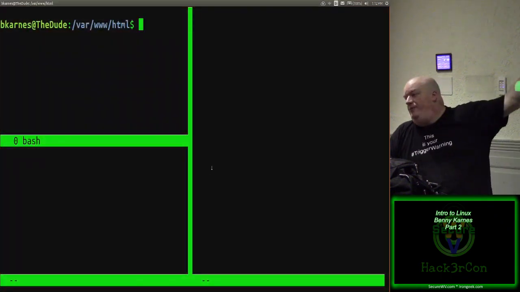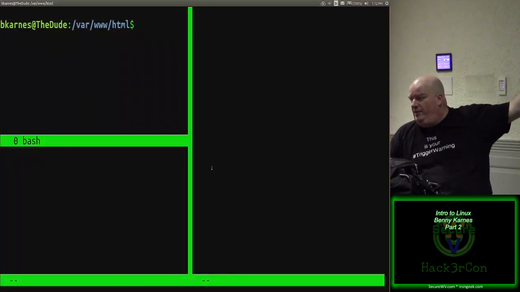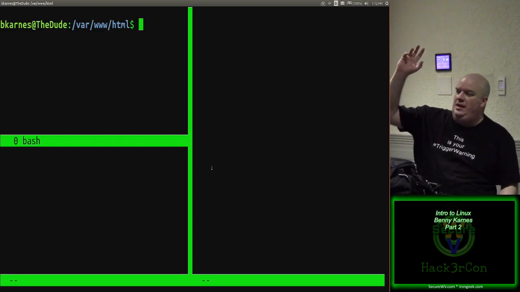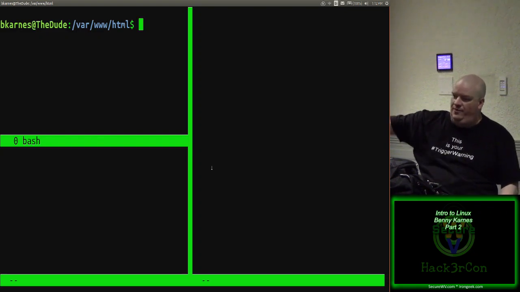Okay, so now you have 3. So how does this work? If you have a really big monitor, you only need 1 terminal window, and you can have multiple panes. If you're wanting to edit a file over here and see the log file over here,